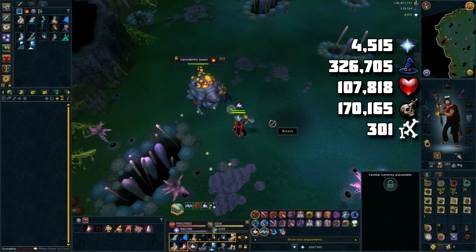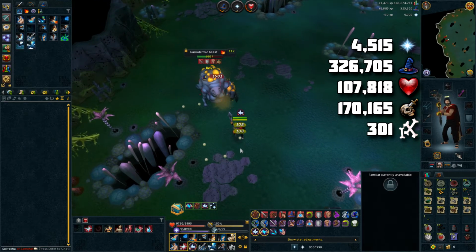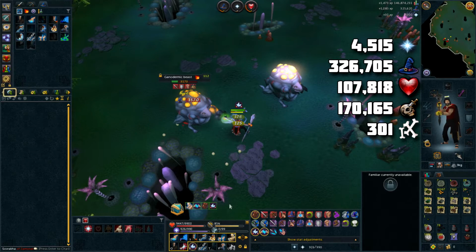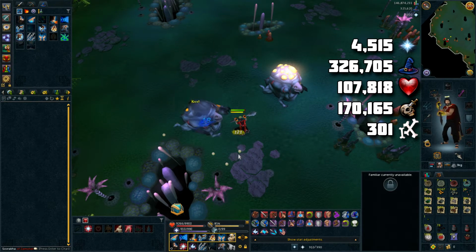Still not much prayer experience, but the Bone Crusher is mainly used just to keep your prayer points high while slaying. A little bit less magic experience per hour than the range experience you would get from the Dark Beasts, but still a good amount of XP nonetheless. As well as good Slayer experience, but you should expect more than this if you are actually on task with